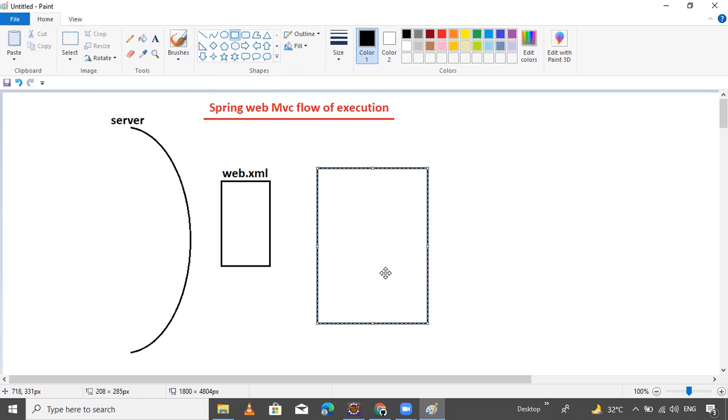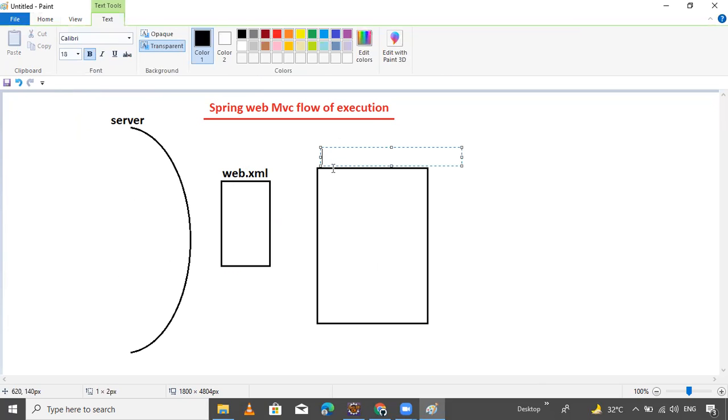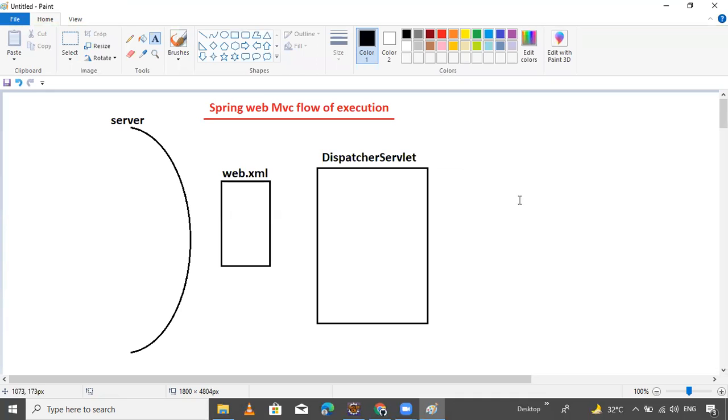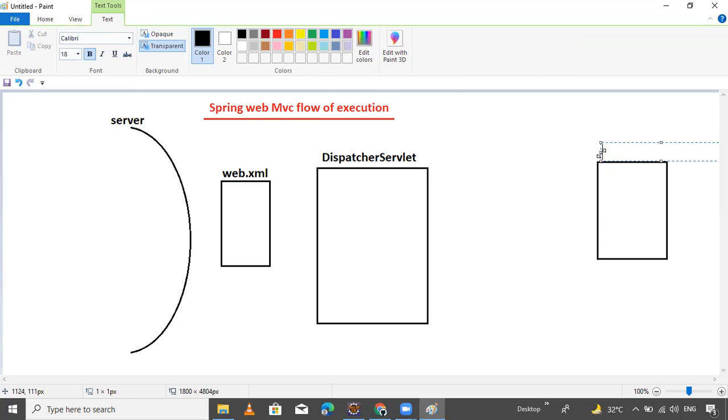Guys, this is our dispatcher servlet. For the dispatcher servlet, what do we require? Handler mapping classes, handler or controller classes, controller process.